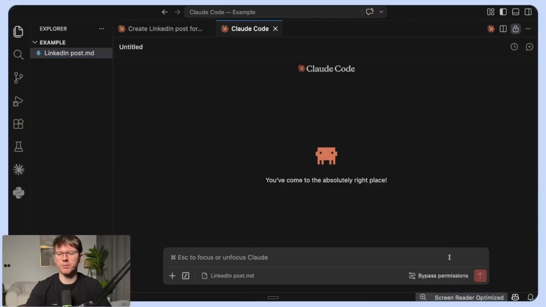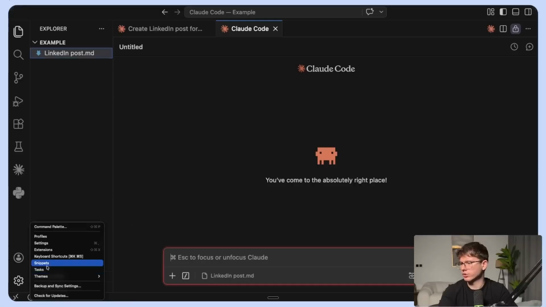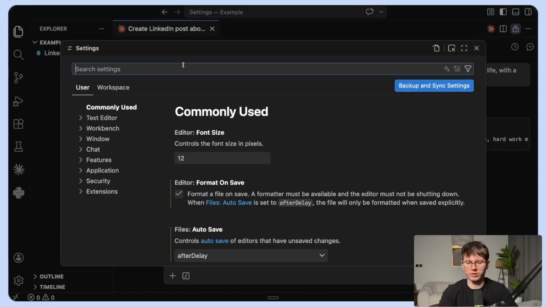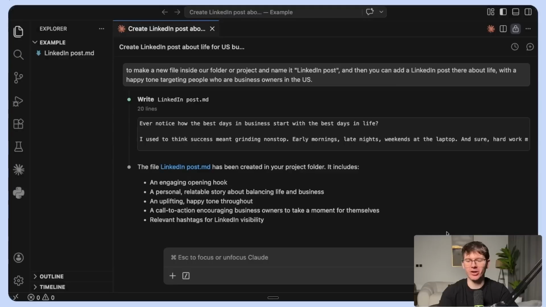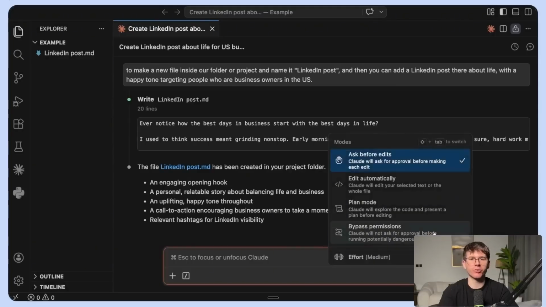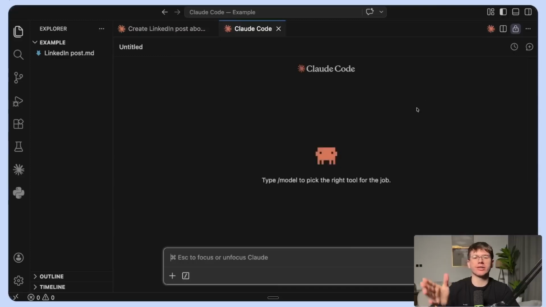Now, let's say I wanted to use bypass permissions. Bear in mind, this is not something that you see as default. So you will not have access to this as soon as you get to VS Code. So what you have to do here is go to the settings here, and you can look for allow dangerously. There we go. You can turn this on right here, which means that you're now allowing bypass permissions mode, recommended only for sandboxes with no internet access. So that makes no sense, but just make sure to turn this on. And all this mode does is that it will not ask you for approval for anything that it does. That's why it's called dangerously skip permissions, because it's dangerous if you don't know what you're doing. It's dangerous if you give it access to different softwares and files